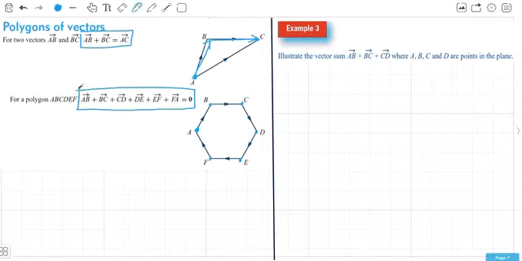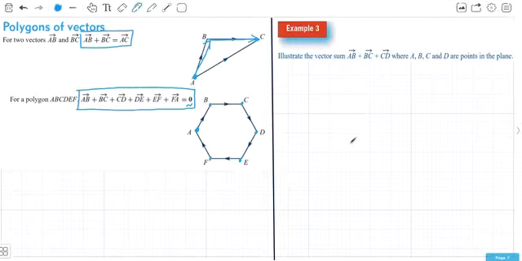But remember that we're not going to write this as 0 because we're dealing with vectors. We write it as the 0 vector. Here it's in bold because it's out of the textbook, but by hand you'd write that as the 0 with the tilde underneath because it's the 0 vector. You've travelled nowhere. So this example here says illustrate the vector sum of AB, BC, CD, where A,